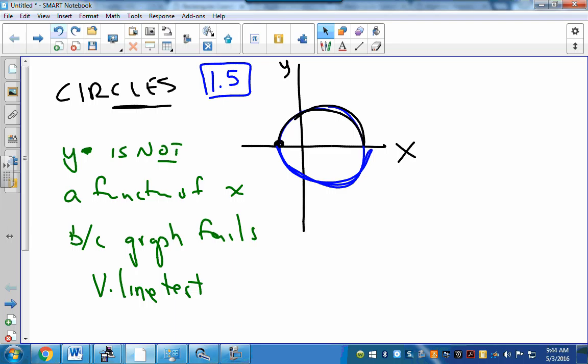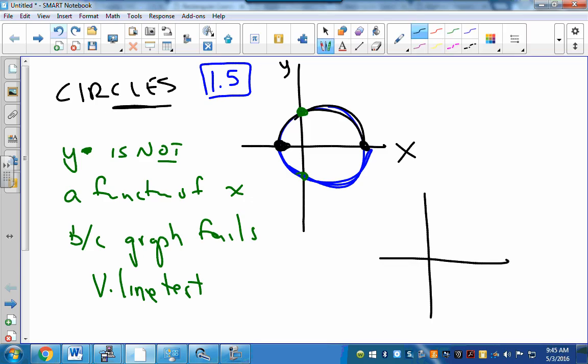Let me make a couple of other comments about the graph. The graph may or may not intersect the x-axis. Here I have a couple of x-intercepts, and I have a couple of y-intercepts, but that doesn't have to happen. Obviously, we could have a circle where it may hit one, but here I'm hitting the x-axis and the y-axis,